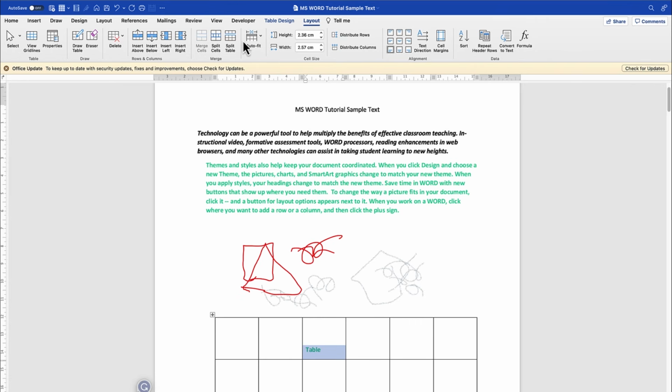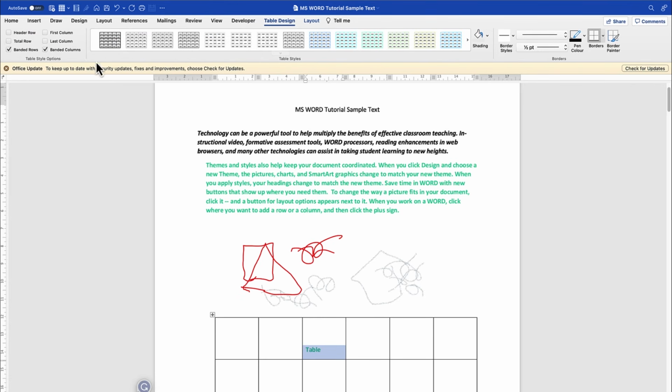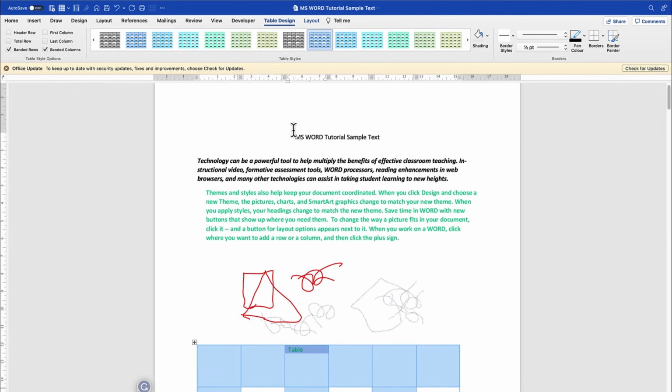So this is the basics of table design, and you can come over here and change any feature in terms of the table design. You get a number of them. You can select and change accordingly. You can add header and footer, and you can add different kinds of features. You can play around with the border lines and other border effects over here. Okay, so you're free to just give it a try and attempt it to see. But basically, this is the basics of how to use the draw